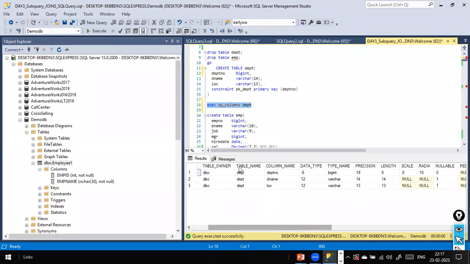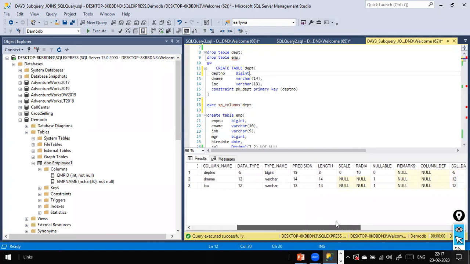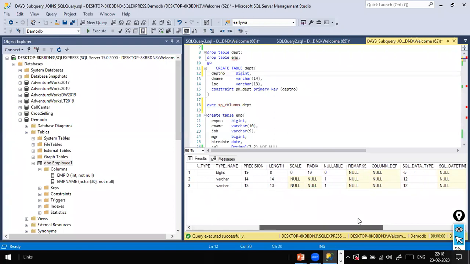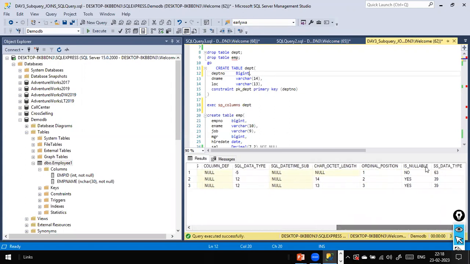If you see here, the table name, column name, department number, data type bigint, and it gives some type number, department name, and the length it gives us. Yeah, here I did not specify anything, right? So in the case of bigint, you don't have to specify. The default precision is 19 and length is 8. Look here, is nullable. The department number column is not a nullable column. Even if you don't specify the not null constraint explicitly,